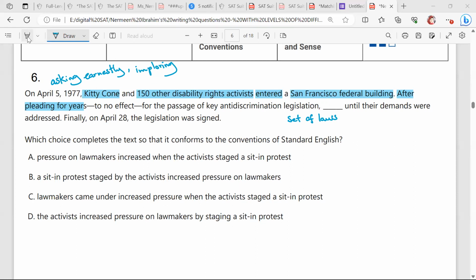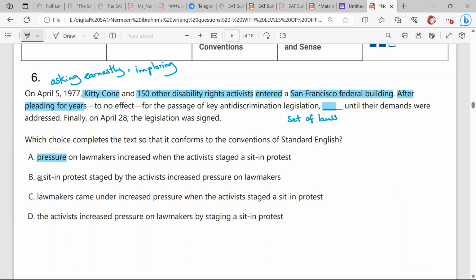I think I should find the subject that did the pleading for years. Excellent. The subject that can be described as pleading for years, right? Yes. What's supposed to be pleading? The pressure,